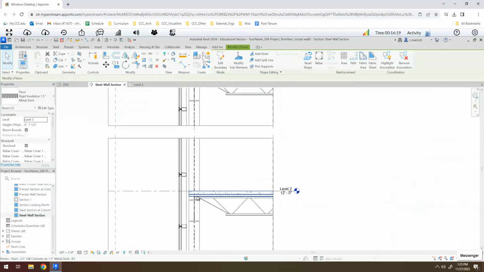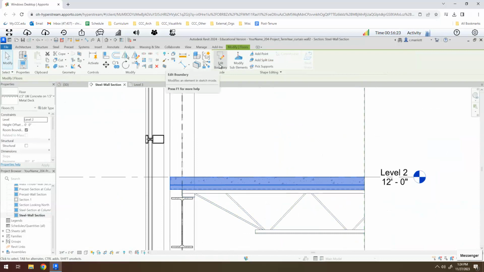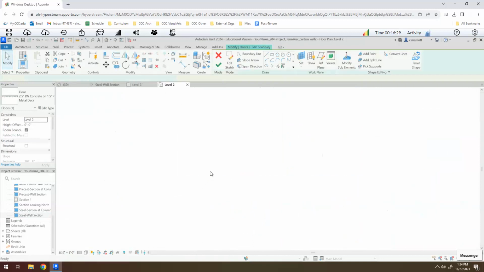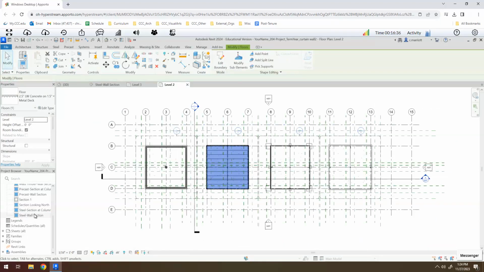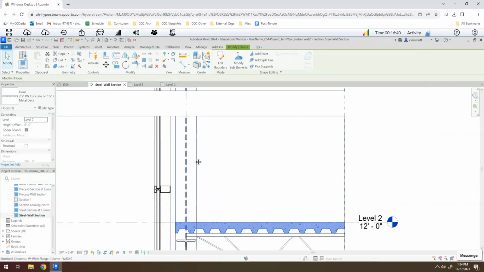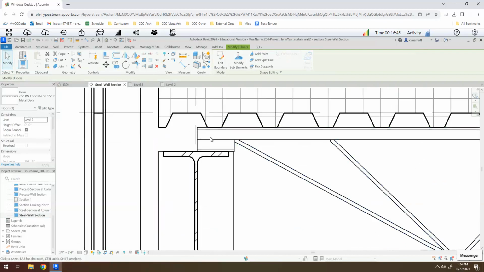I believe I have the same condition here, so I'm going to click on this one and repeat the process. I'll go to level 2 and change the span direction. Okay, so these are standard joists, and one thing that happens is they're designed so that they sit,